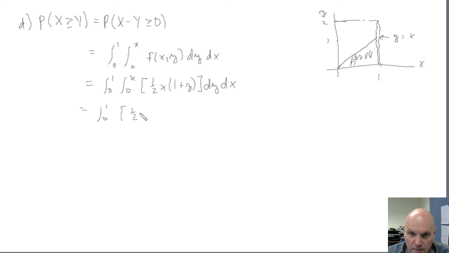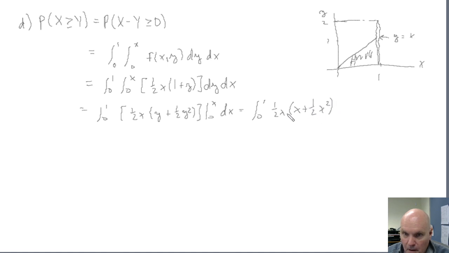I'll have 1/2 x times (y plus 1/2 y squared), evaluating that at 0 and x. So this becomes 1/2 x times (x plus 1/2 x squared), and evaluating it at y equal to 0, that is 0. So dx,